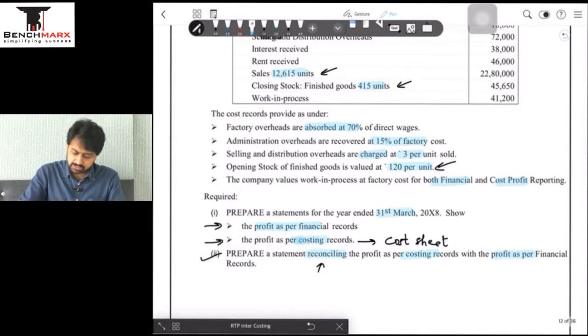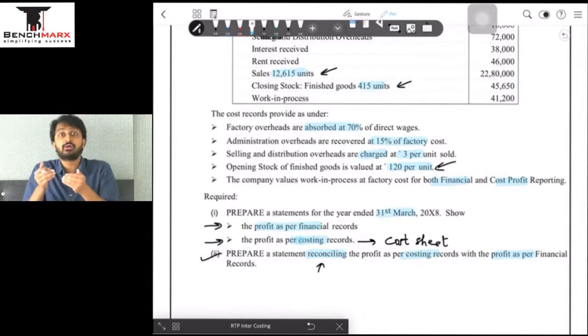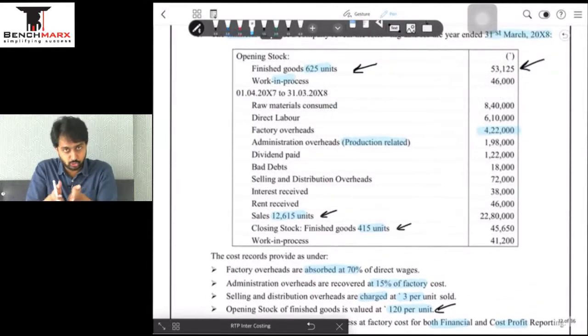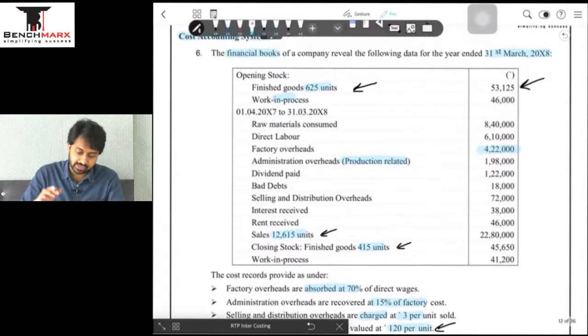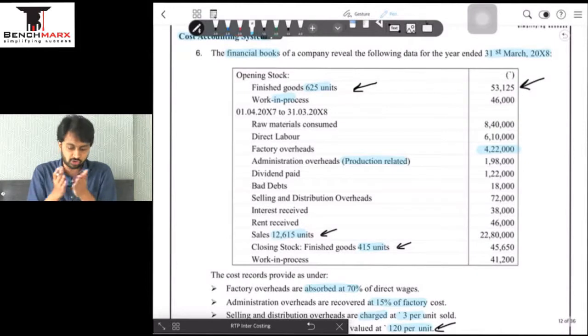So let's go in the order. As far as the first part is concerned, we are finding the profits as per financial records. No data is to be found out. All data is given to us. It is just a question of inputting the correct things at the correct place. ठीक है. So let us start with a trading and a P&L का combined account, because there is no need to have GP and NP का split.